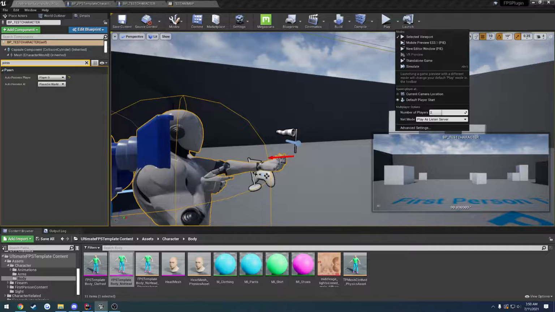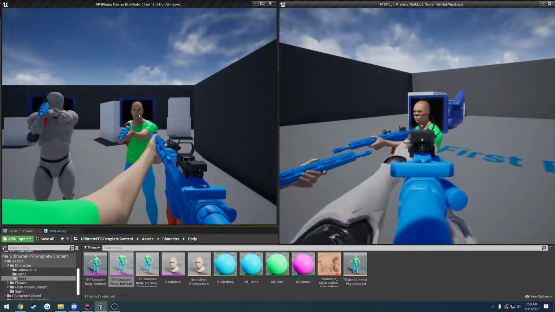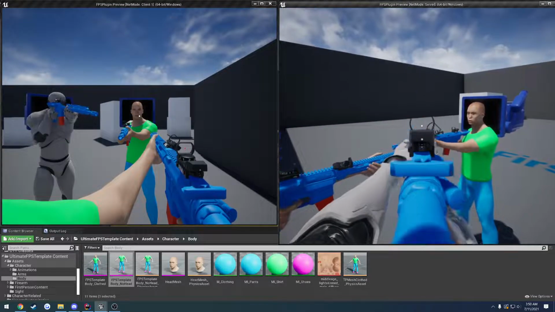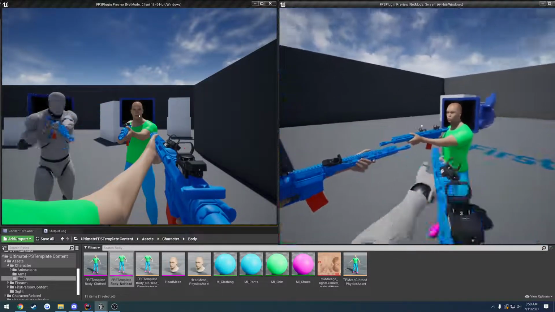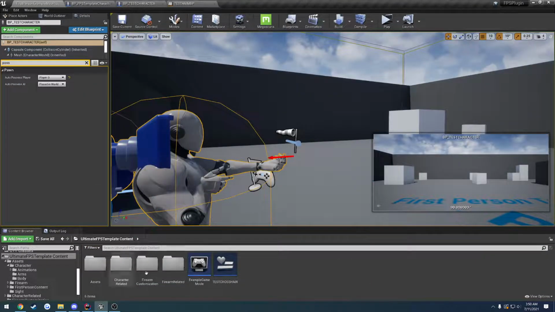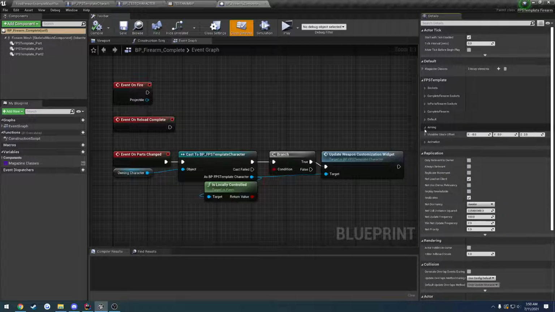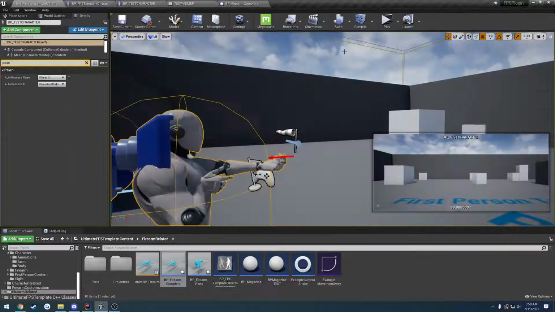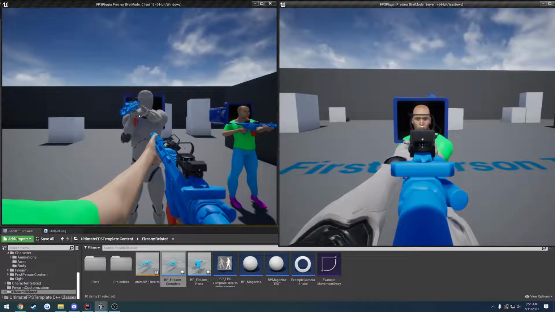So now, for example, with the system, I can show you an example of the head rotation anyways. You can see when I aim, the head is not rotated properly. And same thing goes, I need to adjust the stock height for this. So let's adjust the stock height first. So I'm using the complete firearm here. We head over to, I believe it's the aiming tab, we have the shorter stock offset. So I just want to bring, let me move this over in front of it so I can see better. I want to bring the stock